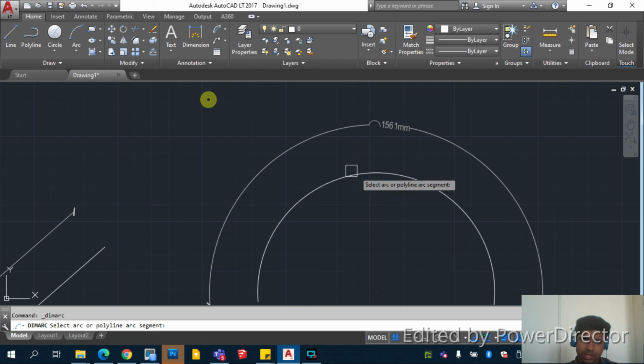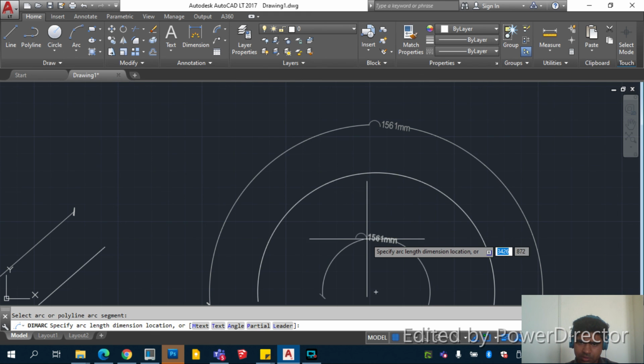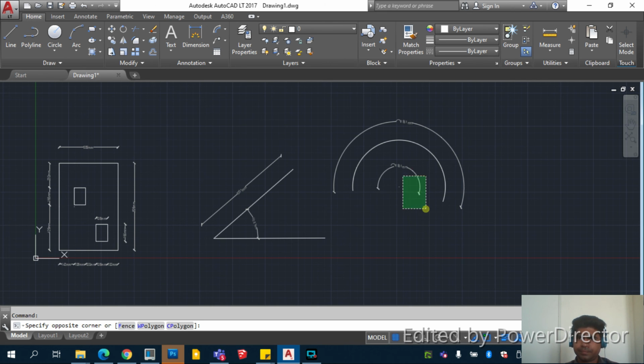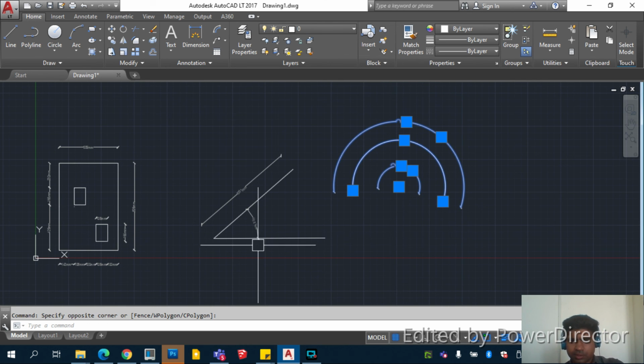It will say the length of the arc as 1561. We'll check, see, arc length. This arc is 1561. We delete this, and